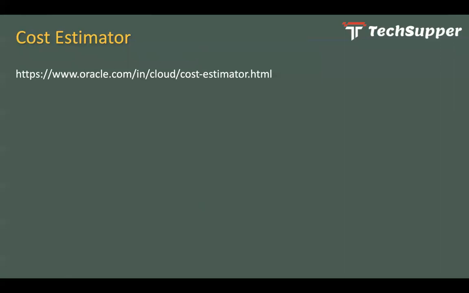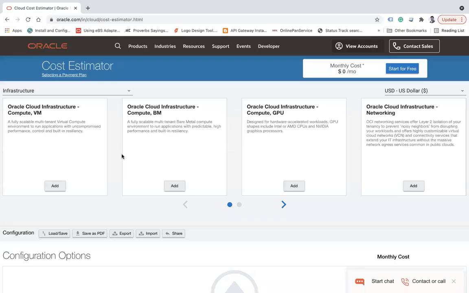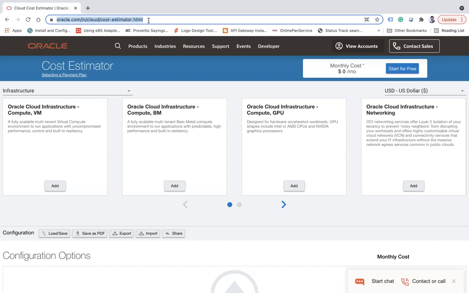You can go to this link and estimate the cost of any one of the services of Oracle Cloud. Let me directly take you to this link and show you how to calculate the price. This is the site. Once you open the link, you will be rendered onto this page.